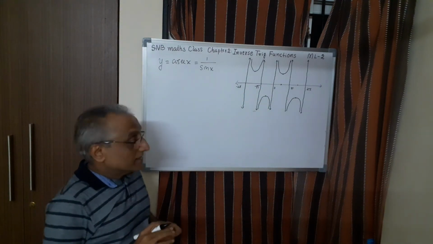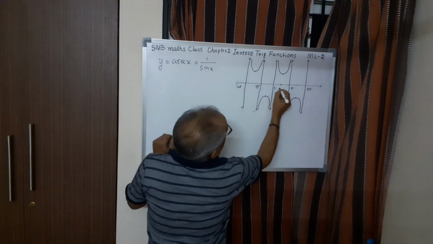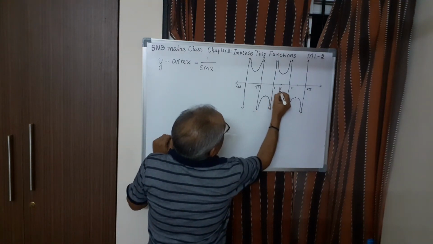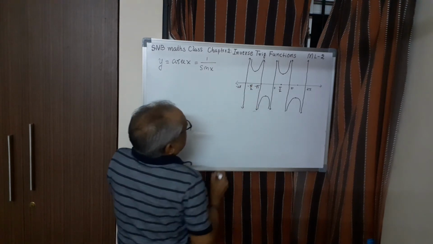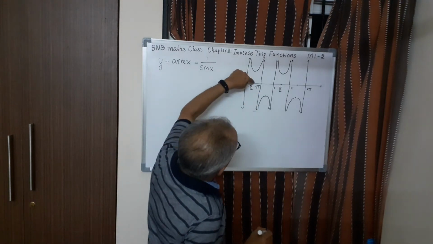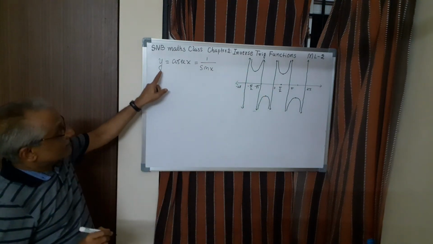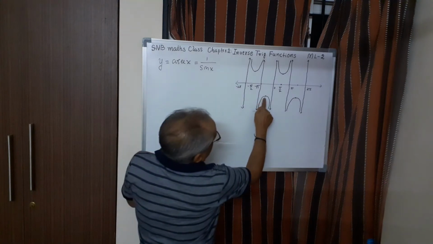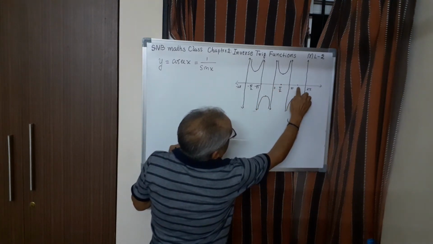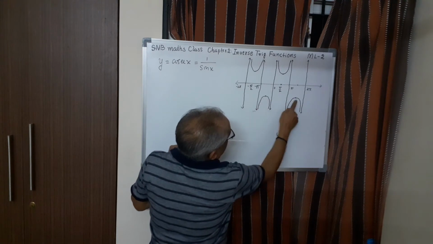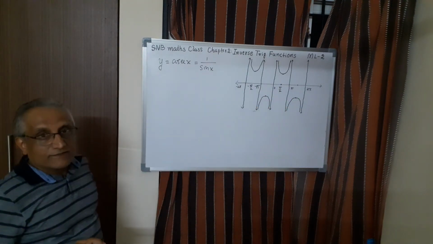But one thing very clear after drawing the graph, say for example, at pi by 2, this value is pi by 2, and here it is minus 3 pi by 2. At these two, it is 1. Here also 1, here also 1. So it is very clear it is not 1, 1. Similarly, you can take here, for example, this value and this value. Here it is minus pi by 2, here it is 3 pi by 2. It is 1 and 1, of course, minus 1 and minus 1. So this is not 1, 1 function.